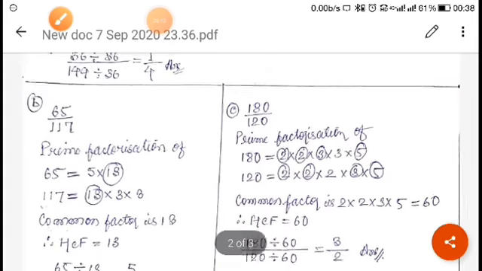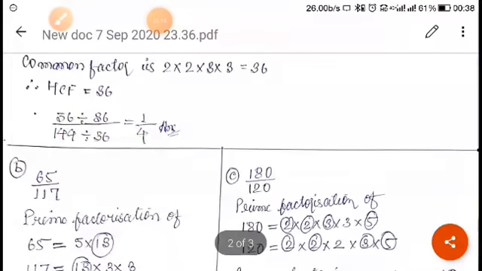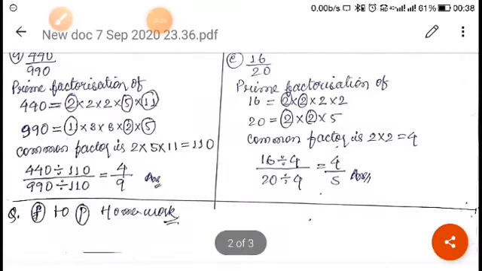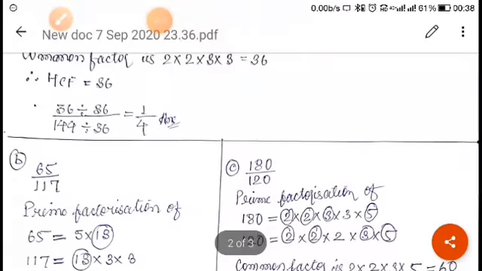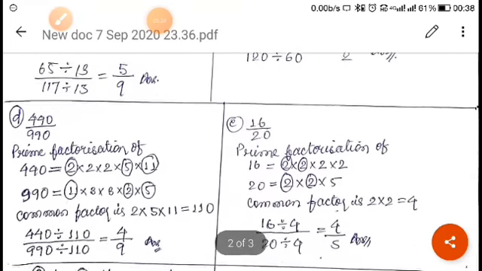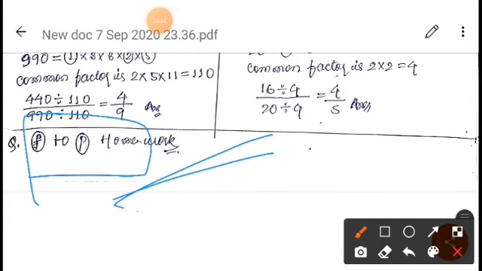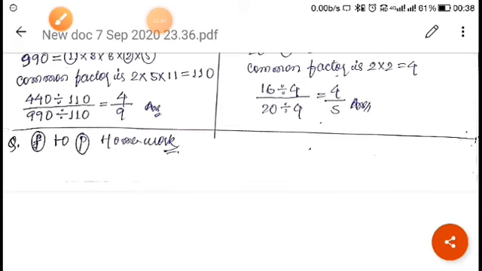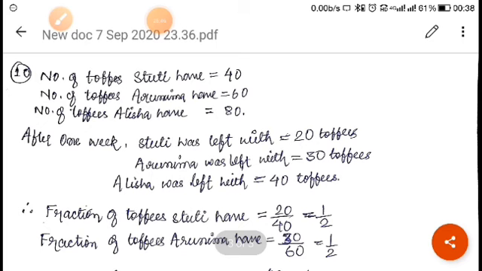For this, so many questions are given, right? I have done very few here, and the rest I have given you as homework. 1 A, B, C, D and E I have done for you. As you can see, it is the same as question number 1 and 2, whatever we have done, it is very much the same, right? So you do it at home, and the rest from F to P I have given you as homework. You do it at home and send that work on the mathematics group.